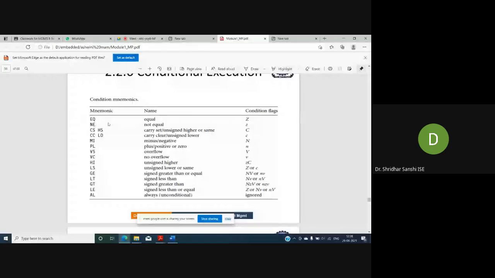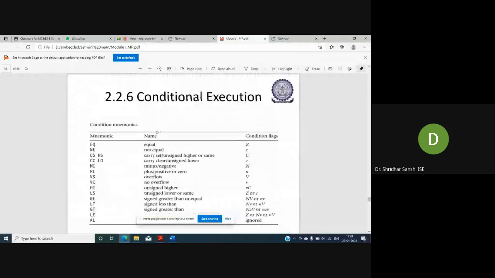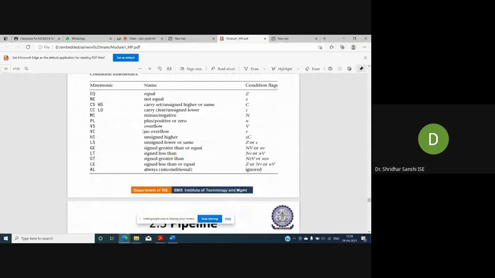Okay, so these are the conditional execution instructions. Whenever you are executing the lab programs, you will come across these instructions. Whenever you are branching, at that time you will come to know them in detail. So how many instructions do we have? Branch instruction EQ, which corresponds to equal, NE, not equal,